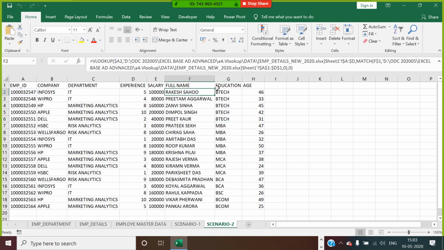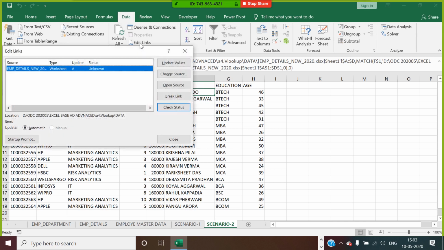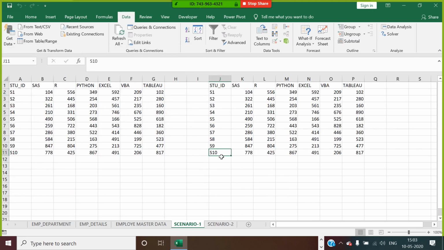When you have connected to another Excel file, you have to do edit link or continue the link. Otherwise, you can go to data. You have something called the edit link option. Under data, queries and connections, you go to edit link. Now you can select your file, then say update value. If there are any changes to that file, everything is going to change over here. This is how, guys, we need to understand getting data in Excel from one sheet to another. Excel VLOOKUP values from one workbook to another workbook, and the advantages and disadvantages.